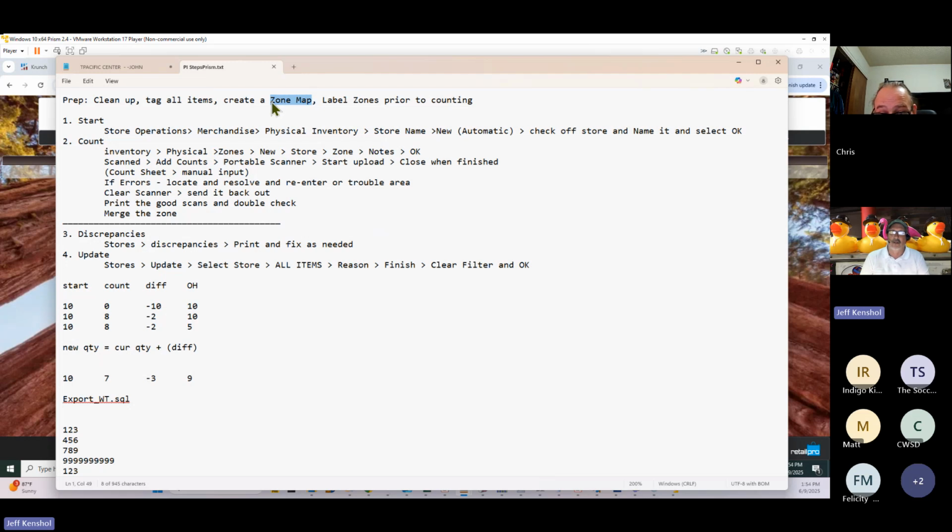I like a full physical inventory. A cycle inventory is tricky because you're not counting the whole store, so something could get missed, right? If it was in the cycle, but in the wrong spot. But in a full physical, you're going to count A to Z. You're going to count the front door to the back door, right? And you're going to account for every space that potentially could have freight, including under the service desk, right? Because, I mean, people put things under the service desk. They shouldn't, but they do, right? So